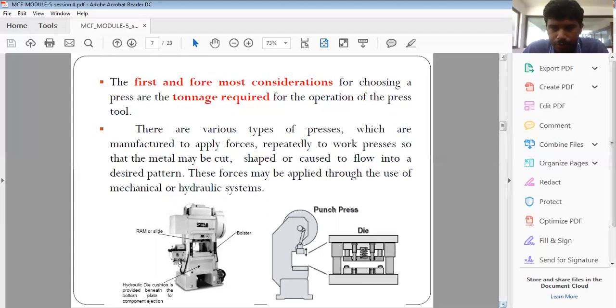What capacity of press is required to perform our operations to get our product? The tonnage can be calculated by applying the forces. How much force is required? What kgf is required for the operations?